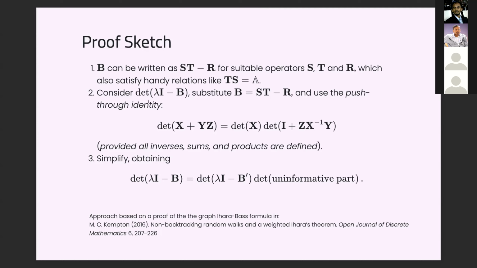And then, of course, we're interested in eigenvalues. So we're going to look at the characteristic polynomial, the determinant of lambda I minus B. We're going to substitute in this rewritten formula for our non-backtracking operator and apply what's known as the push-through identity. So there's a well-studied identity that says that the determinant of a matrix